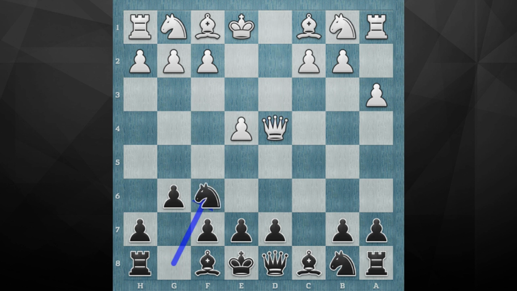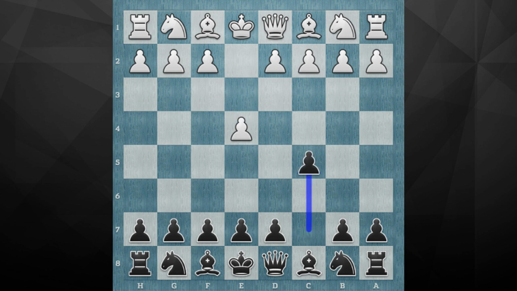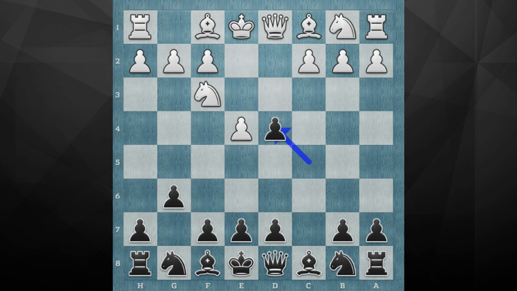But before I explain this variation, I would like to show you one line of the accelerated dragon to illustrate a point why this particular line is so advantageous for black compared to the hyper-accelerated dragon. So let's go back. After e4, c5, knight f3, the hyper-accelerated dragon starts with g6, and it is usually considered to be a good idea for white to play d4 in this line and capture with the queen, also hitting the rook on h8. Then we would play, of course, knight f6 to stop the attack on the rook on h8,